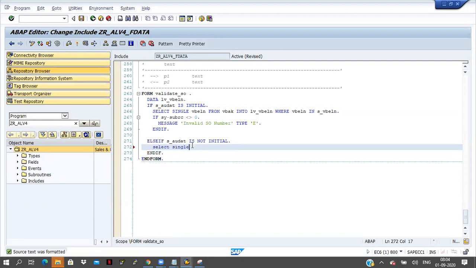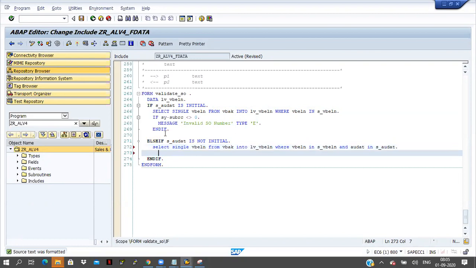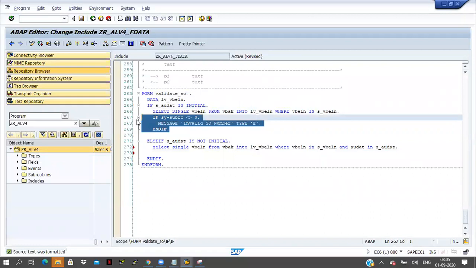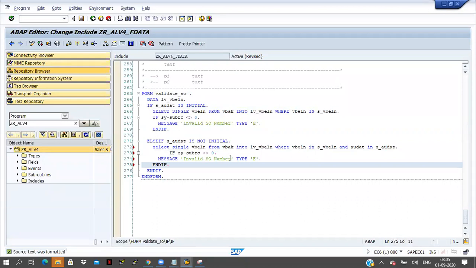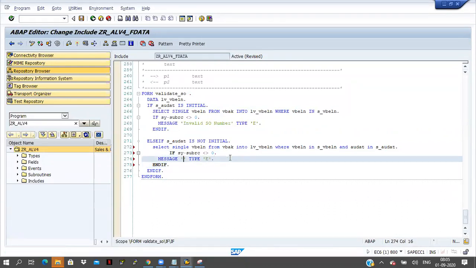Select single VBELN from VBAK into LV_VBELN where VBELN is S_VBELN and AUDAT in S_AUDAT. If SY-SUBRC is not equal to 0, the sales order is not available in the given date.